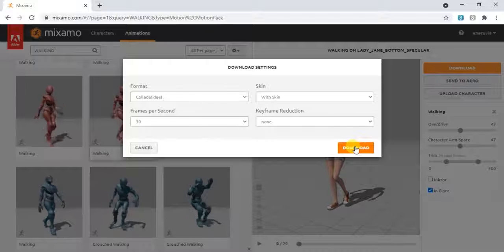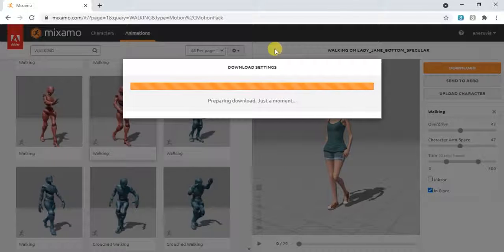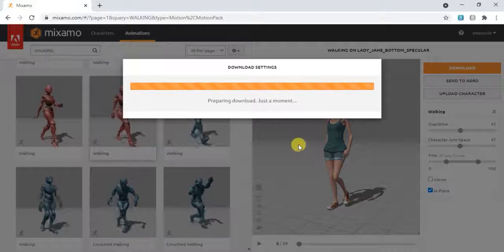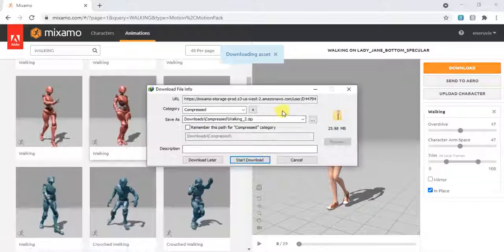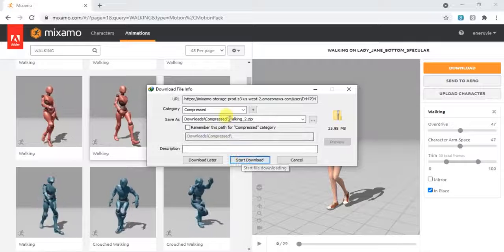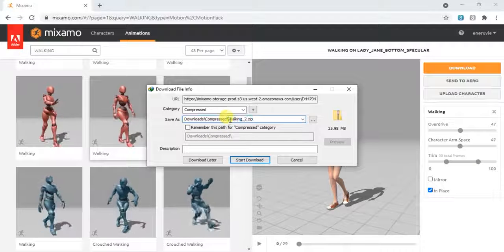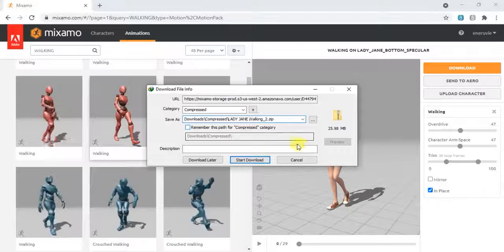So wait, our file will download, and we're coming to the end of this class. Just click here, use any of your downloaders to download the file, and it will come as a zip file. Find a place, save it, then we'll continue in our next class. Thank you.